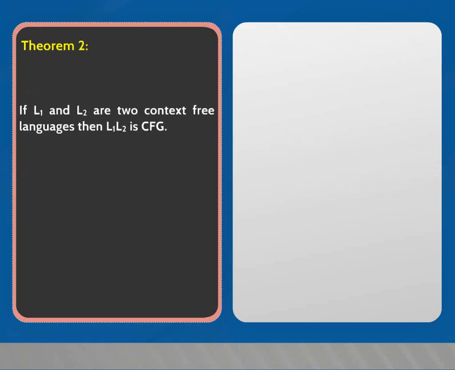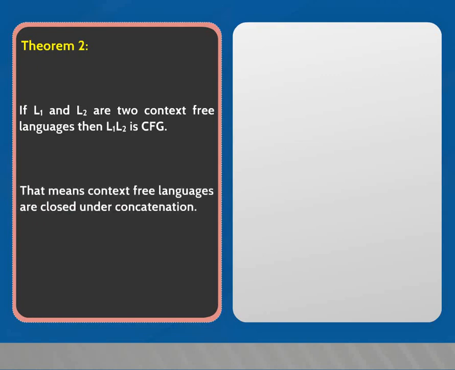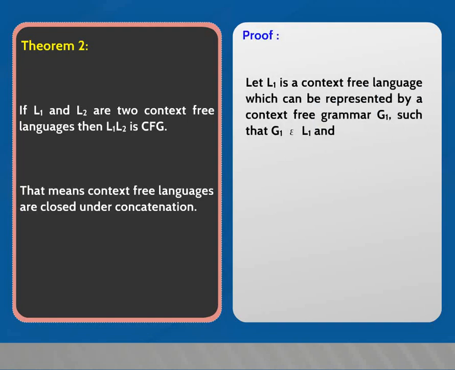Theorem 2. If L1 and L2 are two context-free languages, then L1 L2 is also context-free. That means context-free languages are closed under concatenation. Proof. Let L1 be a context-free language which can be represented by a context-free grammar G1 such that G1 generates L1, and